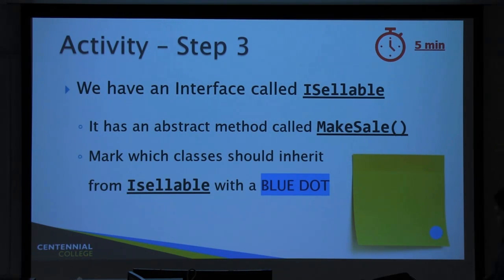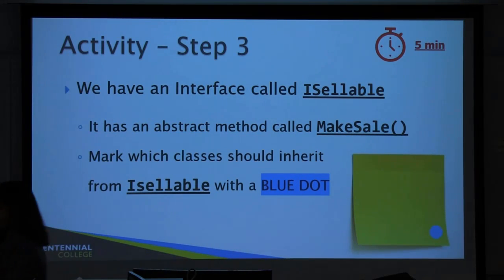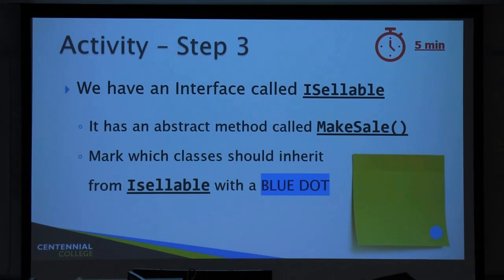Well, technically speaking, you can say that, but when you think conceptually, it's not that clear. It's very clear in this structure: we have a book, a paper book, e-book, audiobook. However, an iSellable is more of an extension. The hierarchy is all about extending the parents, but interfaces are very much just about extending.